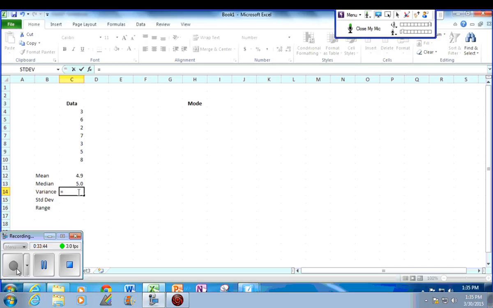So in our case, we want VAR.S, which is the sample, right? So this is not an entire population, which would be P. This is a sample. So that's the variance that we're learning, and that's the one where you take the number, divide by the number of values less 1. Okay, but we still have to make sure we click the whole thing, or double click it, or type it in, and then hit enter, and it automatically puts